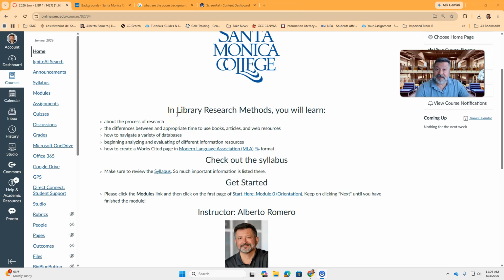In library research methods, we're going to learn about the process of research, the difference between an appropriate time to use books, articles, and web resources, how to navigate a variety of databases, beginning, analyzing, and evaluating different information resources, and how to create a works cited page from the Modern Language Association, which is going to be worth 50 points. So you can click on syllabus here to look at the syllabus, or on the left-hand side,